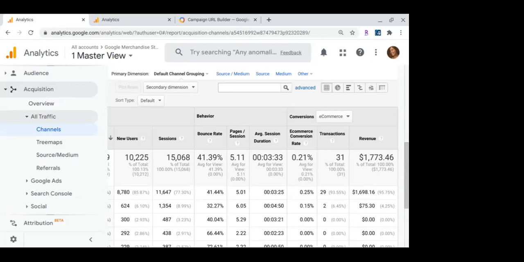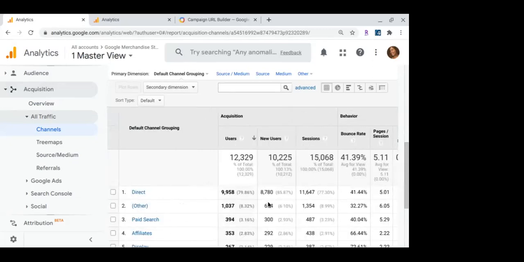So again, don't forget to use those secondary dimensions. If you're curious about the device, where they're coming from, location, it's always good just to be able